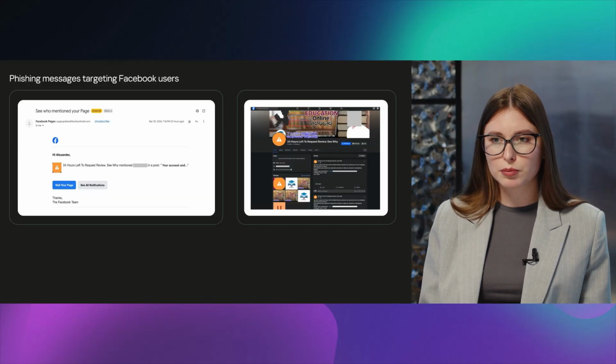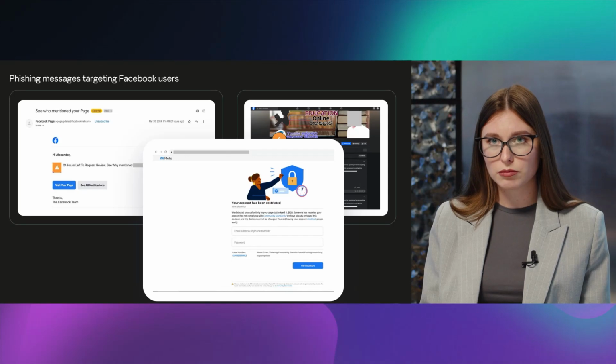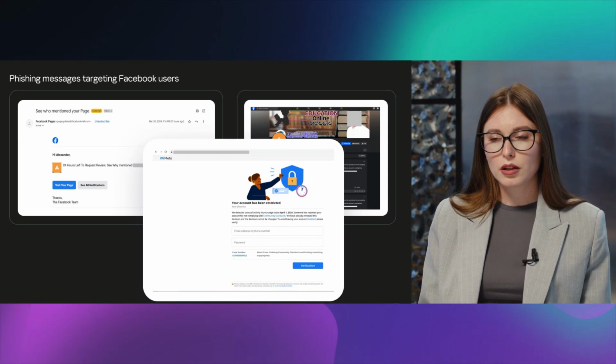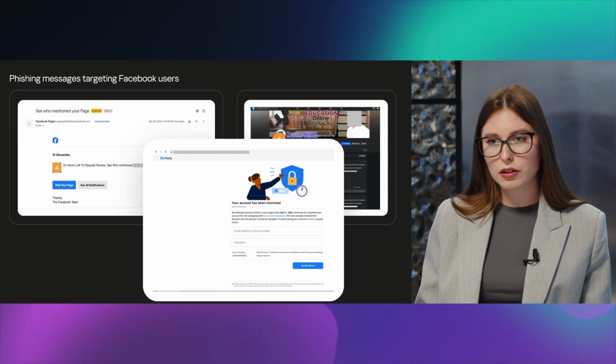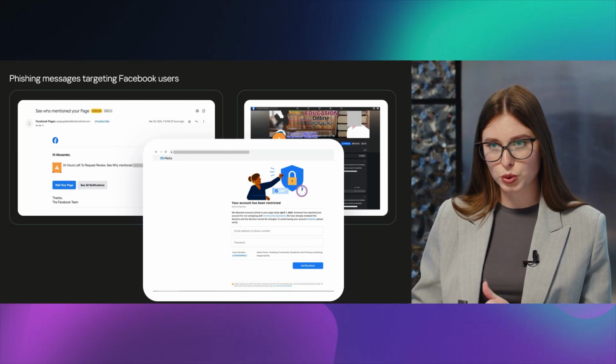So in the spring of 2024, we discovered an interesting phishing email scheme that leveraged legitimate Facebook notifications. The service sent entirely legitimate emails to users mentioned in threatening posts.